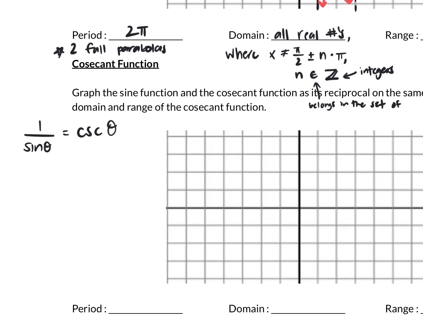So in order to graph the cosecant function, I need to figure out what my sine function is so that I know where I'm going to plot my parabolas. So let's graph sine of x first. So if I graph my x's and y's for sine of x,